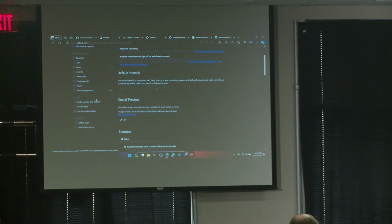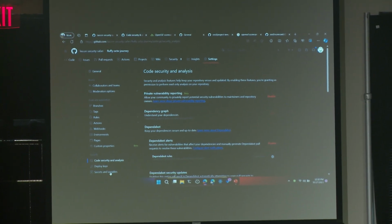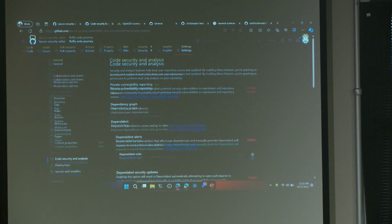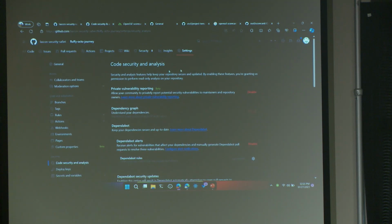And then if I go to the code security and analysis part, there's this option called private vulnerability reporting. We need to enable that. And then this is the Dependabot I was talking about from the OpenSSF scorecard, right? So we'll need to enable those settings. So now once you have enabled the private vulnerability reporting here, you'll need to go back to your repository